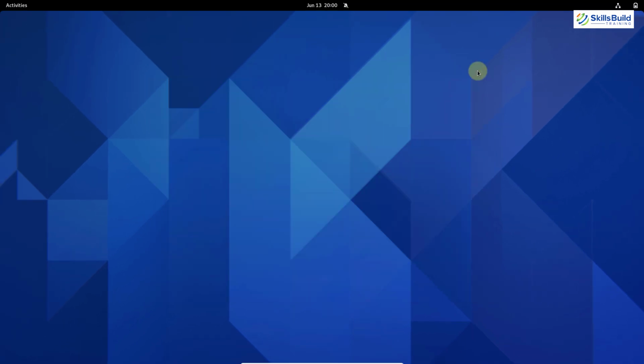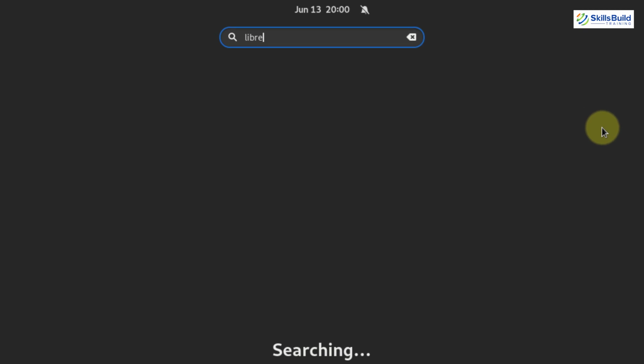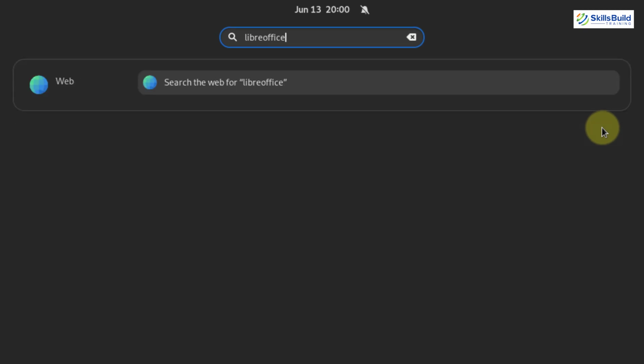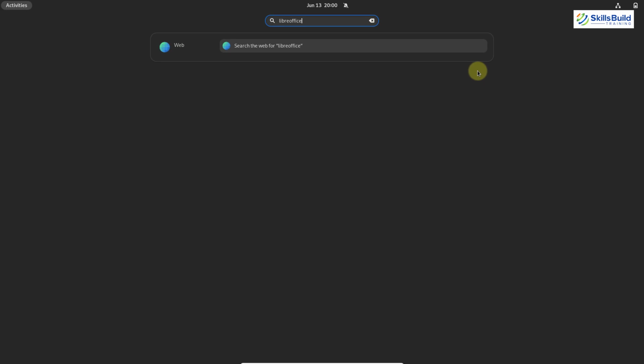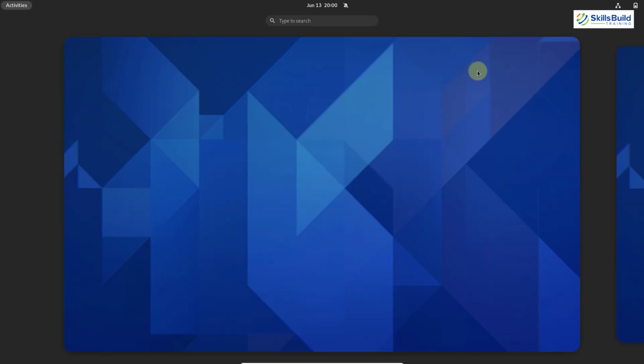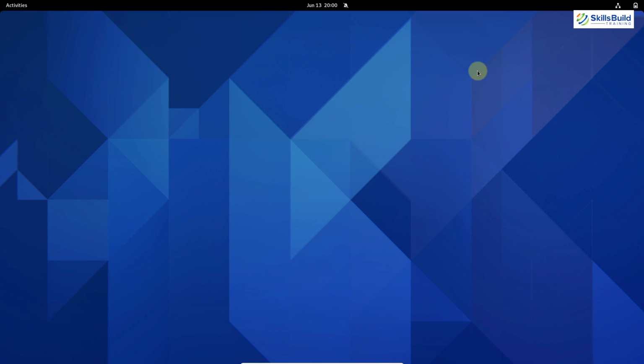As I have told you that we do not have Firefox in our Arch Linux, we also do not have some of the other basic applications which we are supposed to get in every Linux distribution. For example, we do not have LibreOffice in it as well. If I search for LibreOffice, here you can see we do not have LibreOffice in our Arch Linux distribution. That is something annoying, because most of the professionals who use a Linux distribution want to use LibreOffice for their documentation, but we do not get to see this in our Arch Linux.